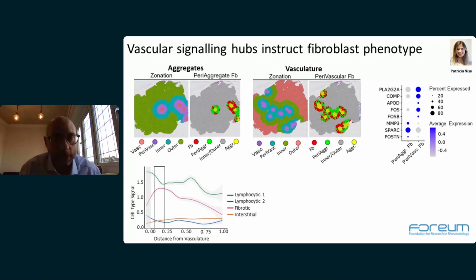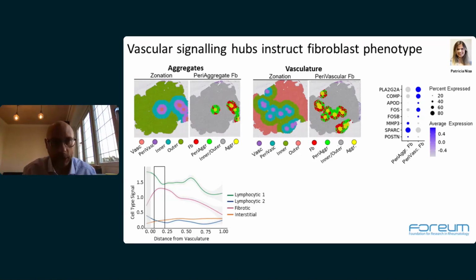So we've been interested in how then fibroblasts regulate the topography of the joint. How do they underpin these formations of these subsynovial tissue niches, and what are the molecular mechanisms that drive that? Because that is a potential therapeutic target in which you could manipulate that process and hopefully impact on chronicity of inflammation. So in work led by Patricia Nissa, one of my PhD students in the lab, she's been using the 10x Visium platform spatial transcriptomics